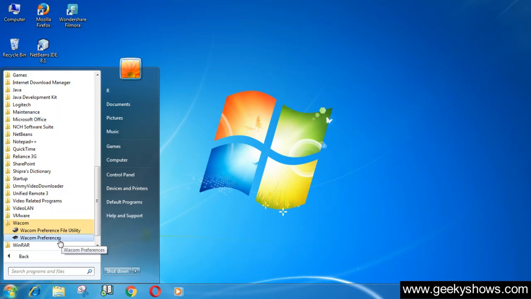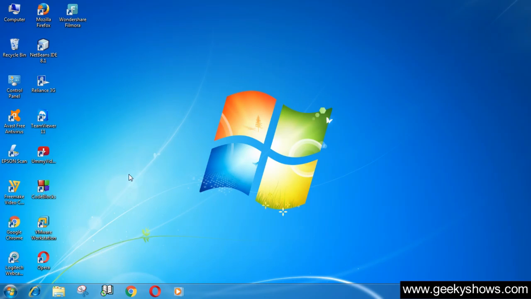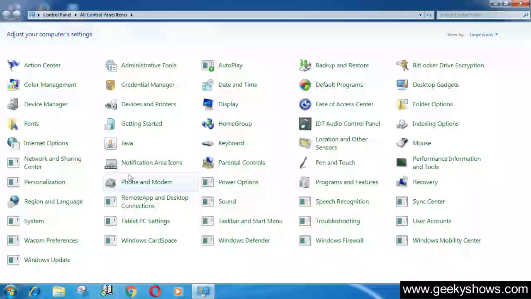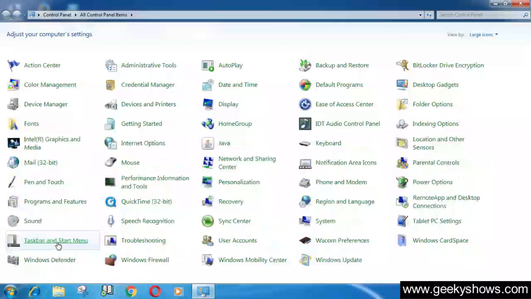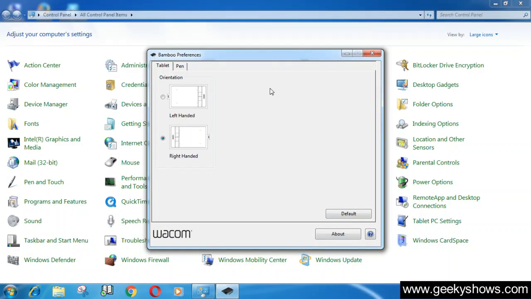If you click here or open these Wacom preferences, then you will get a window for configuring your tablet. Or you can open this from the control panel also. Just go to the control panel and there you will see the Wacom preferences icon. So simply click here, and this window will appear on your screen.